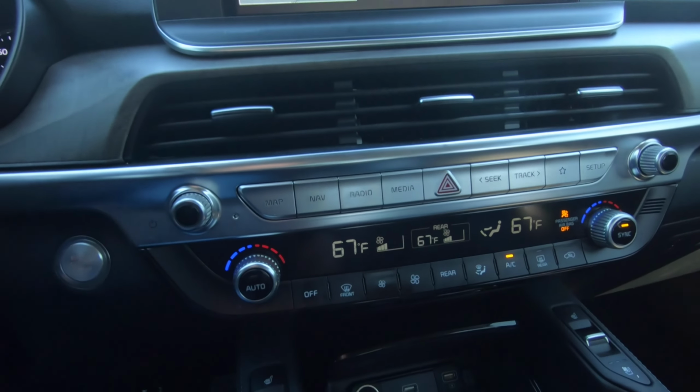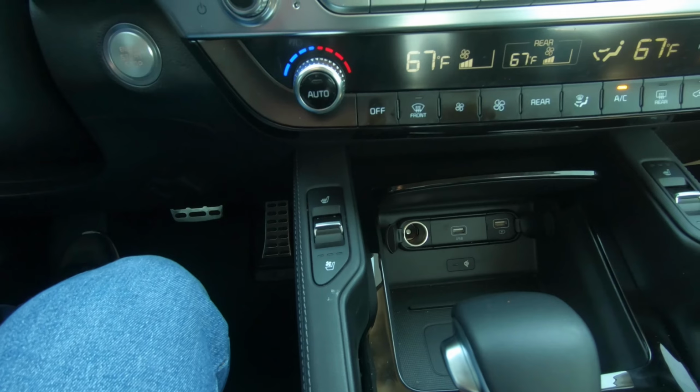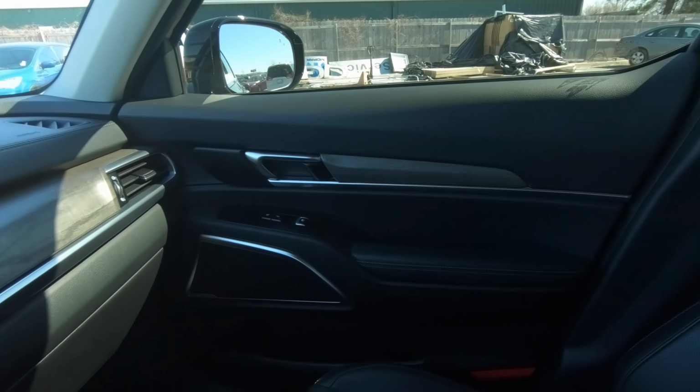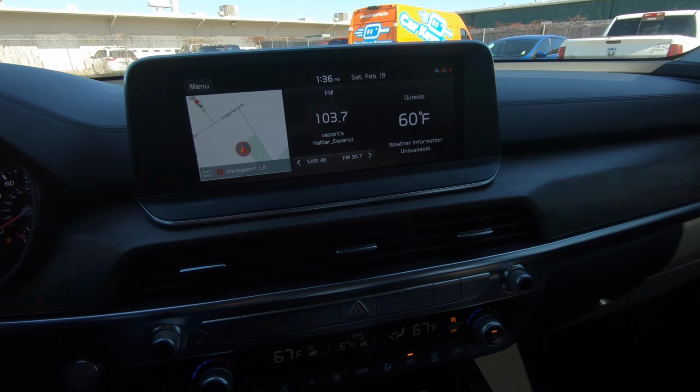Dual zone climate control, there's an advantage. You also have heated and ventilated seats, power seats. There's so many great advantages here. I don't want to cover every single little detail, but I think you kind of get the idea. There's just not a lot of cons to the Telluride, but you might wonder about that horsepower number I gave